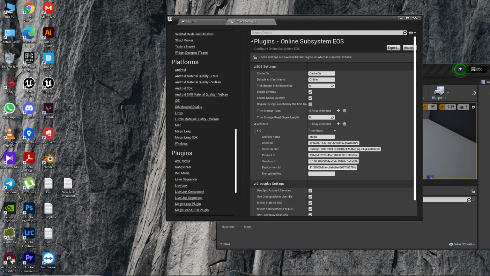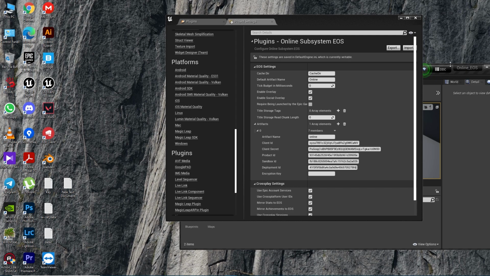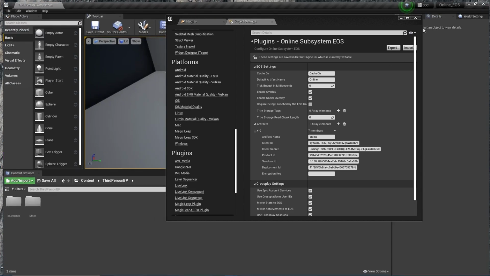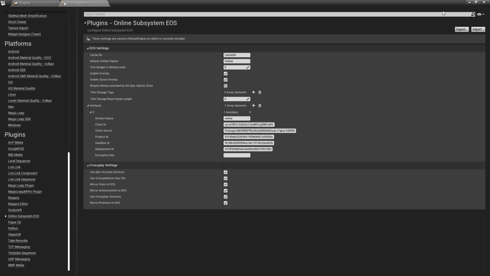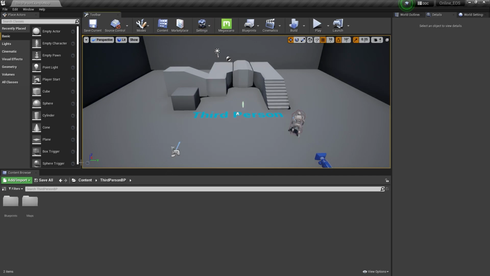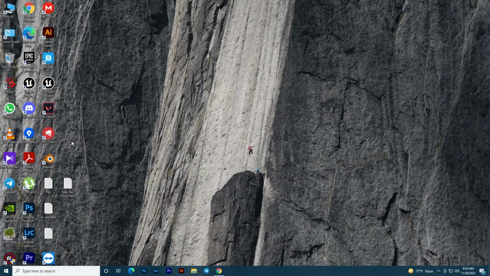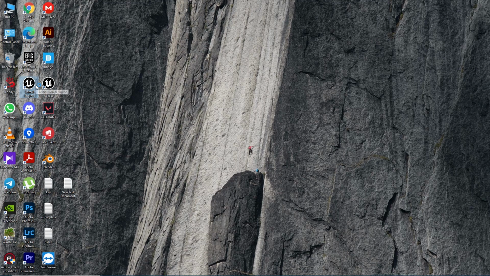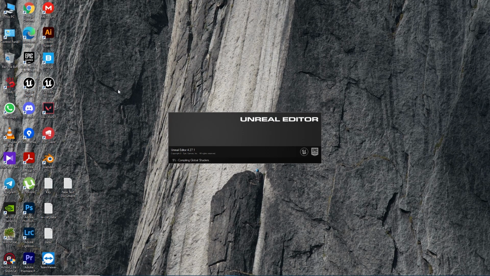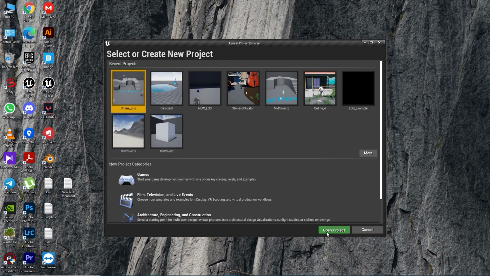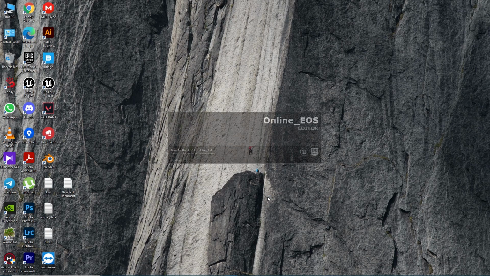Okay, everything as you can see is done, so we can go to full screen now. There's no problem. Okay, so everything is done. We can now save. Once you save that, you can restart your Unreal Engine again. Don't worry, it's just a restart, nothing else. Okay, so it will get all the data now in their default. So here's our project, just click on open.